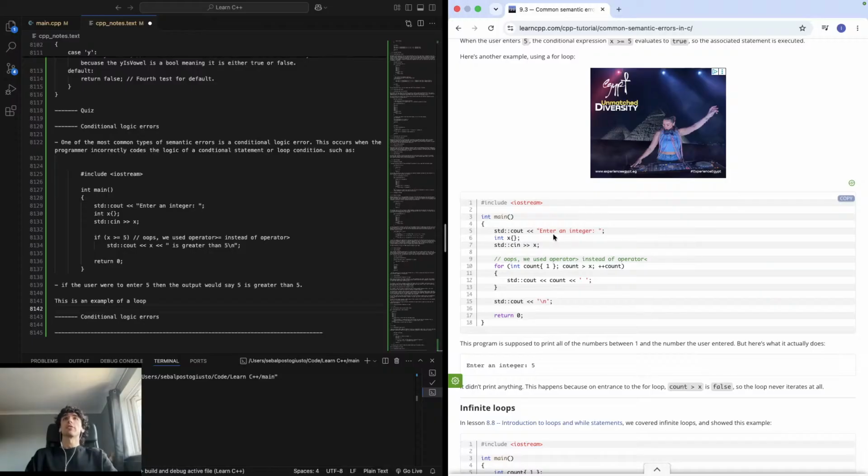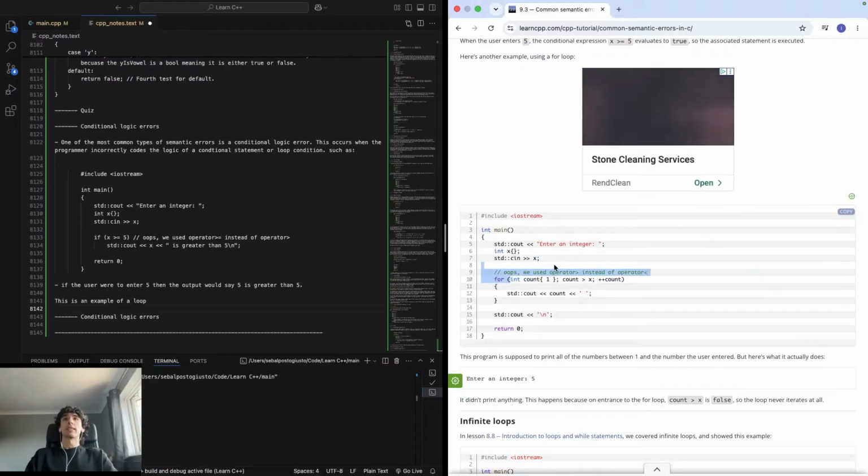So you've got standard character input into an integer. We've got integer of x. We're allowing the user to enter. We're initializing count as 1. Whilst count is greater than x, increase count. And then we're doing standard character output of count, and then we're producing a new line. So whilst count is 1, and if the user enters 1,